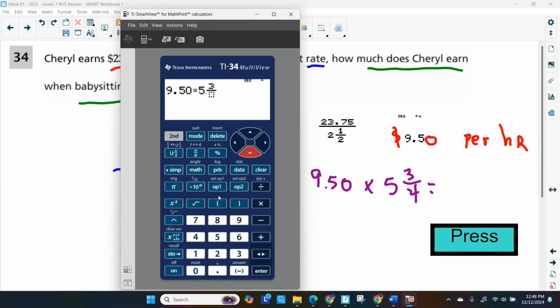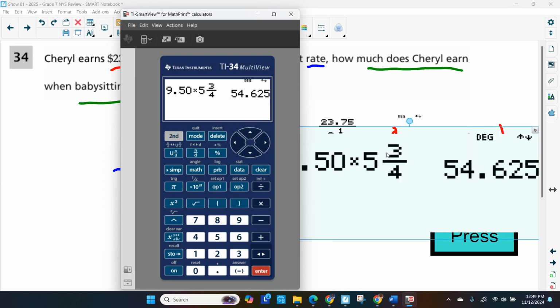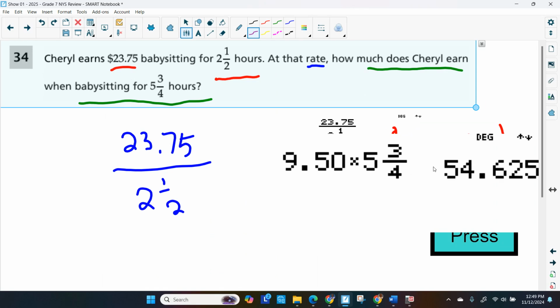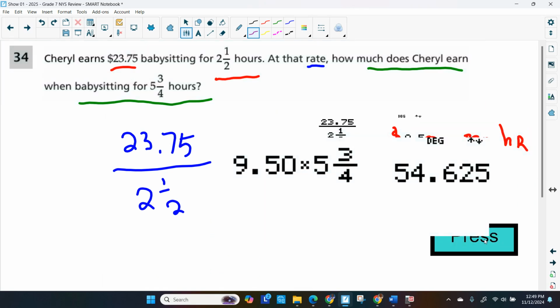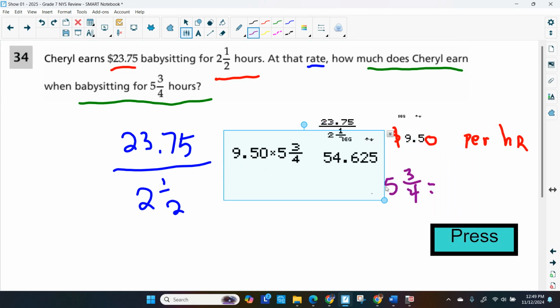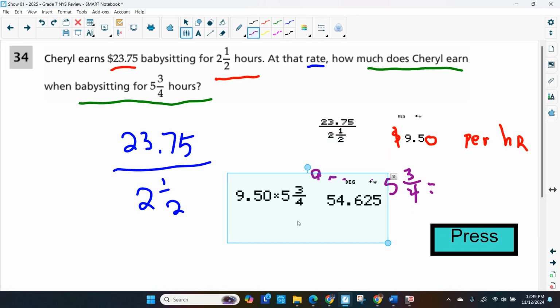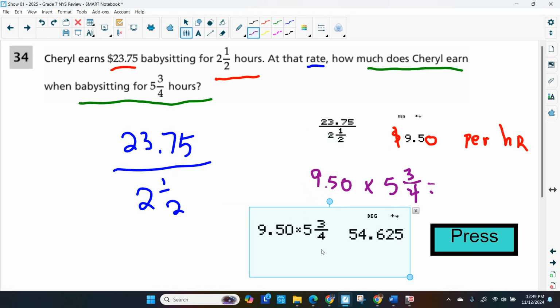Move down, 3/4 hours. Okay, and we get $54.62. So let's round that off because that's a good answer, but we don't have those half pennies or thousandths